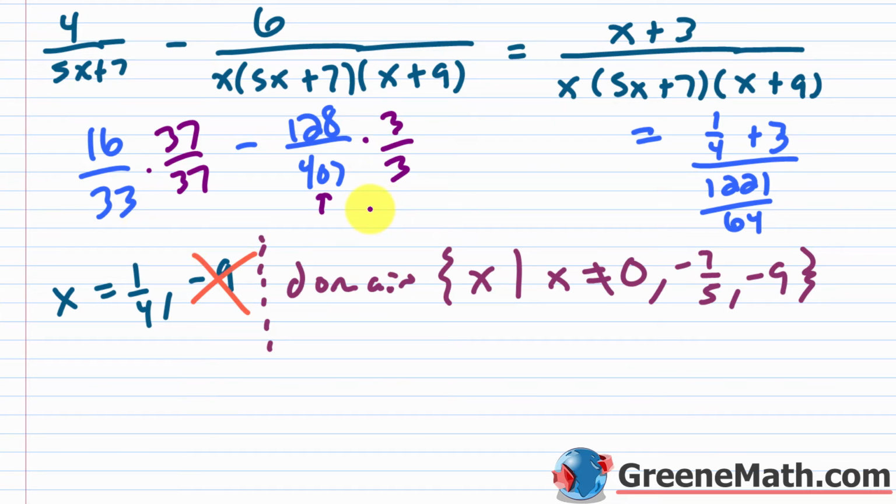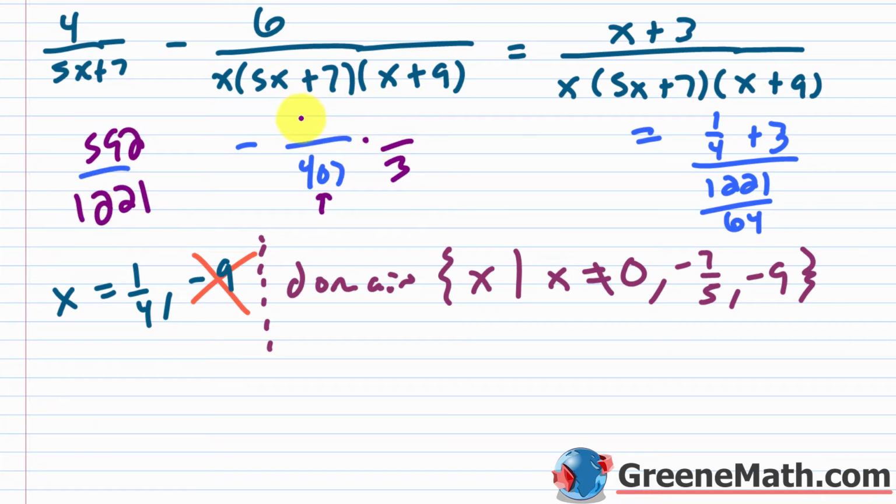So 16 times 37, that's 592. So this is 592. And of course, 33 times 37 is 1,221. Then over here, 128 times 3, that's 384. And again, 407 times 3, that's 1,221. So this is 1,221. 592 minus 384, that's 208. So you would have